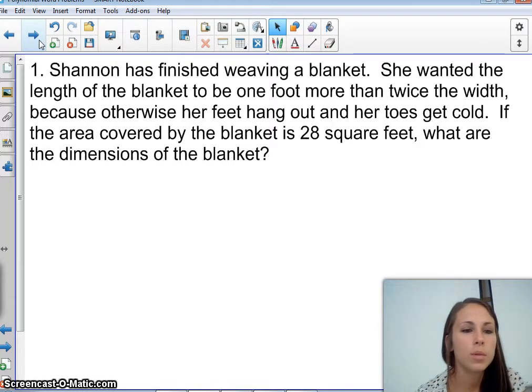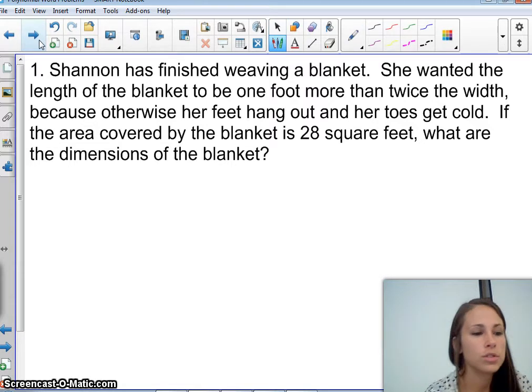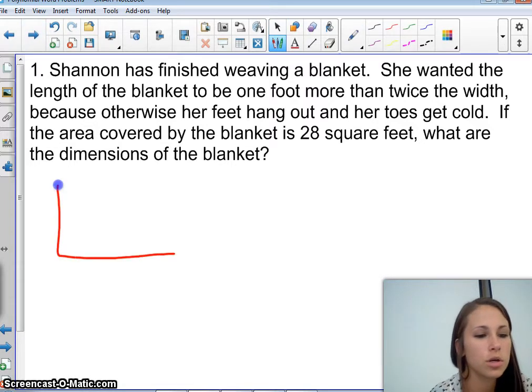She wanted the length of the blanket to be 1 foot more than twice the width because otherwise her feet hang out and her toes get cold. If the area covered by the blanket is 28 feet, what are the dimensions of the blanket? Okay, the first thing I'm always going to do is draw a picture. So I'm going to draw this blanket,